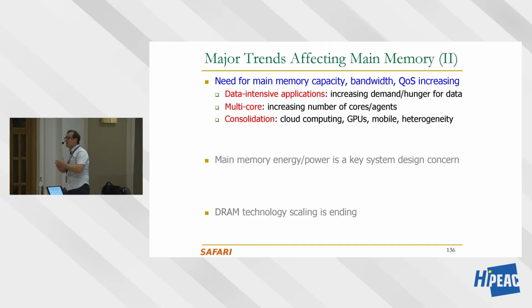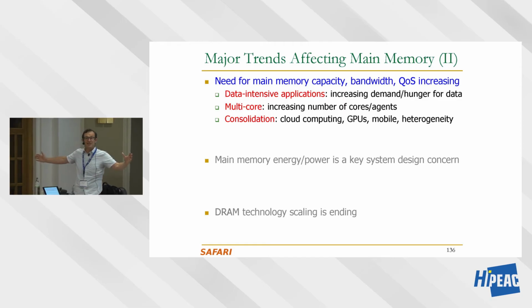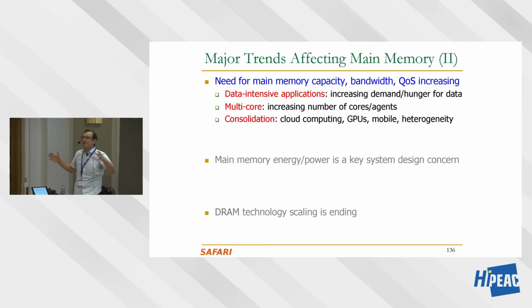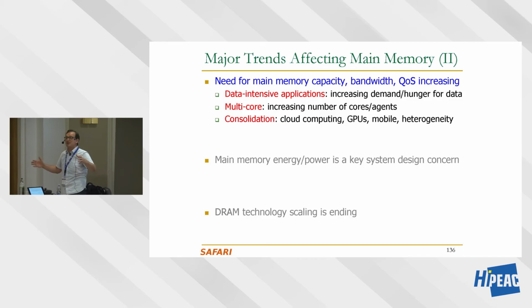Multi-core, clearly we can put many cores. Computation is not that big of a problem. We can actually put a lot of computation units if we want. The reason why we don't put that many computation units today is we know that it's going to be bottlenecked by memory. You cannot supply the data into a chip that's full of computation.